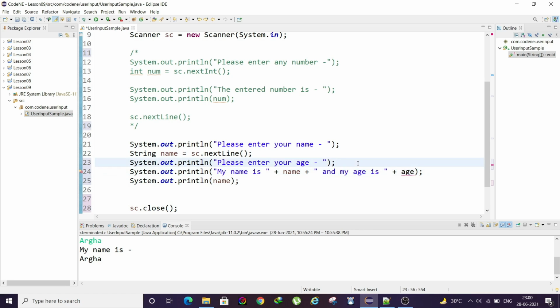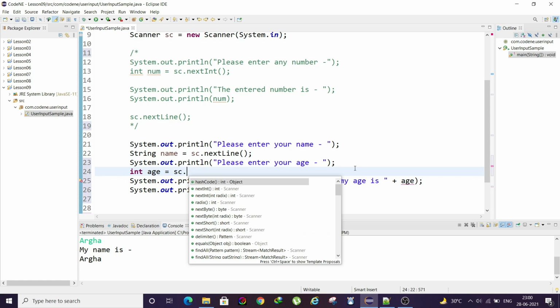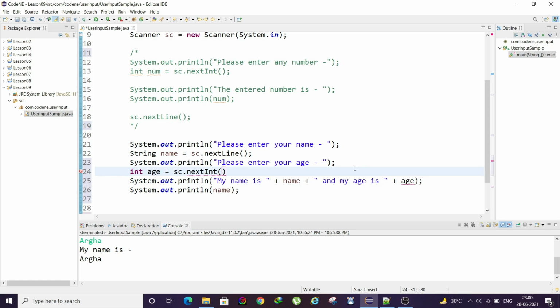I forgot to declare this variable: int age equals sc.nextInt(). So here it will take input of your name, then the input of your age, and then display it.